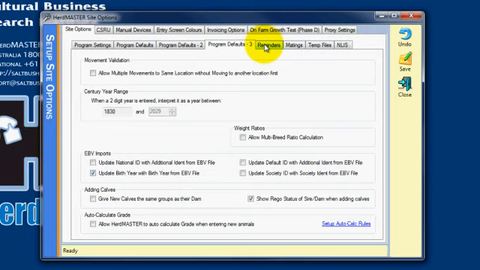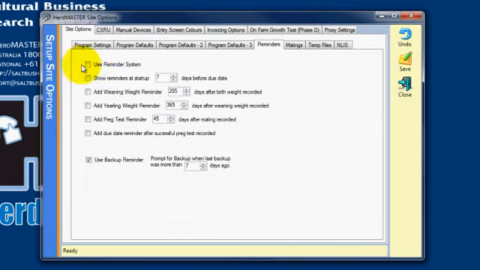Now on to the Reminders tab. The reminder system is a really handy system. It brings any due reminders up when you start HerdMaster. It displays any due reminders on the crush side recorder when you're recording an animal. The top checkbox enables the reminder system. The second checkbox tells HerdMaster how long before a reminder is due that it should start to display it, the